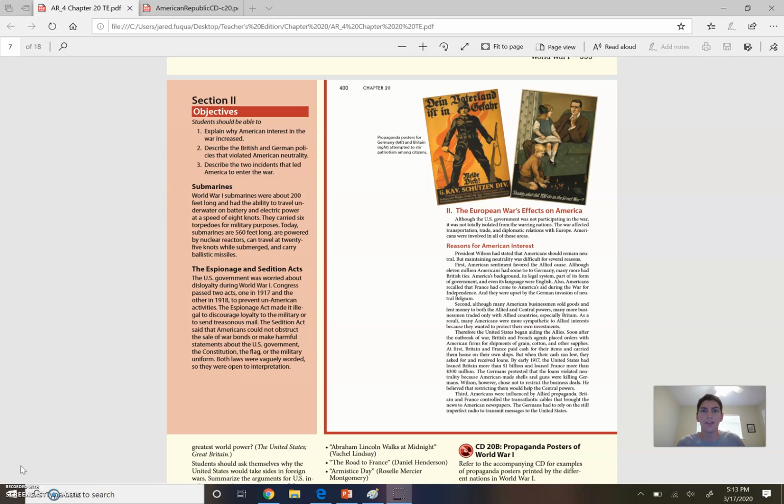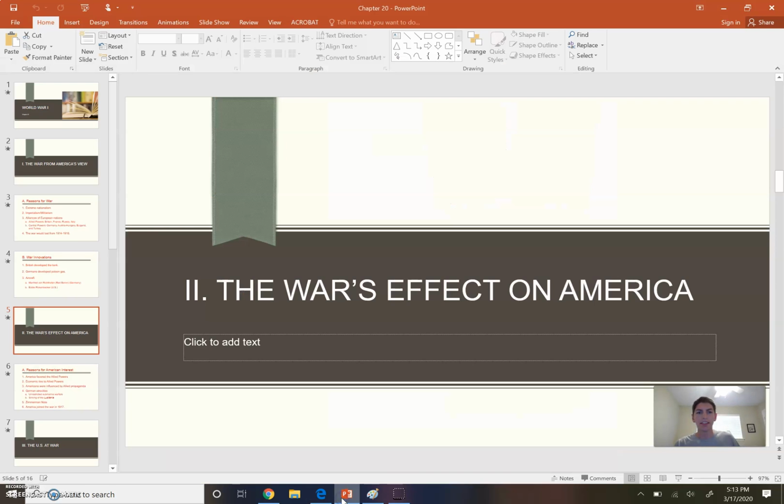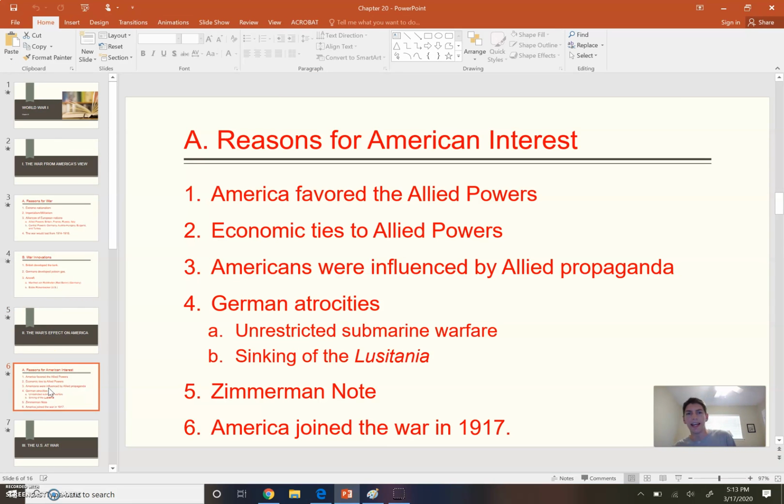He wanted to practice a form, and we've talked about this in earlier lessons, a form of isolationism, just focusing on a nation itself and not getting involved in foreign affairs. But there were several reasons that caused America to be interested in World War I. Number one was economic ties. And so if we look at our notes here, starting Roman numeral 2 and slide A, reasons for American interest,